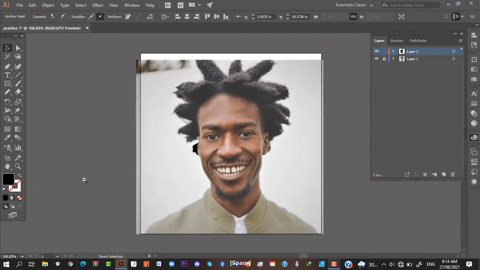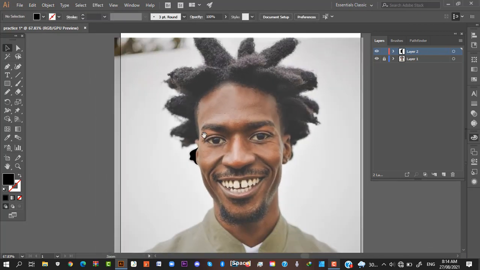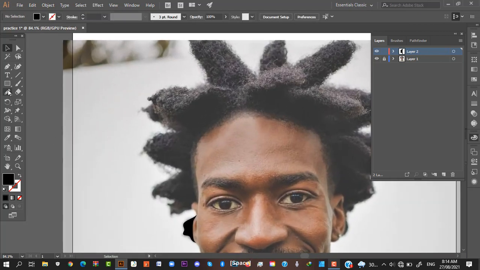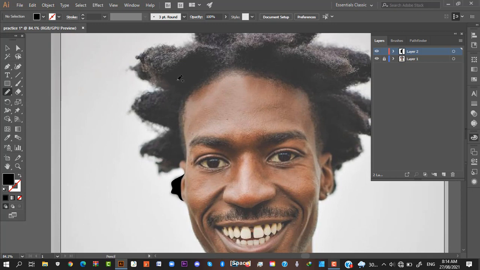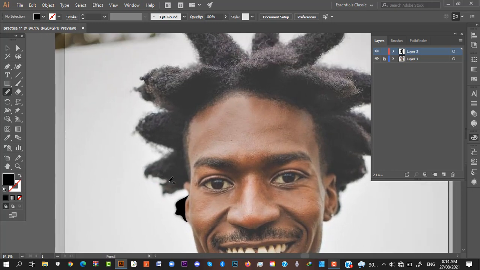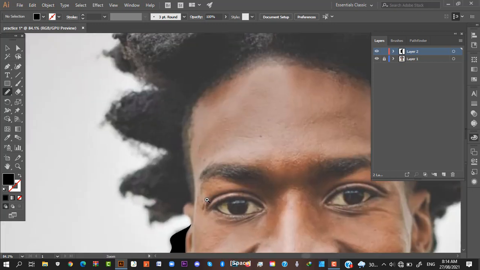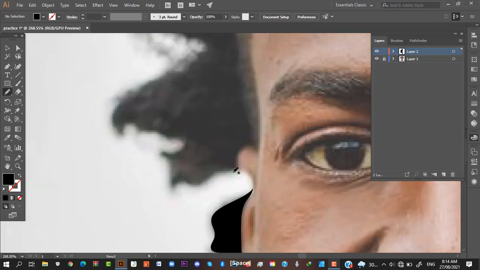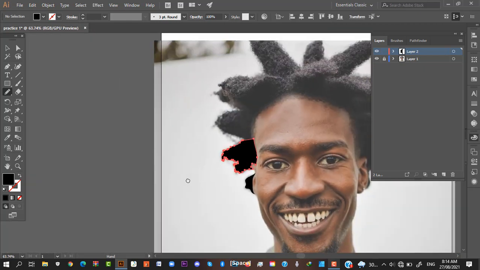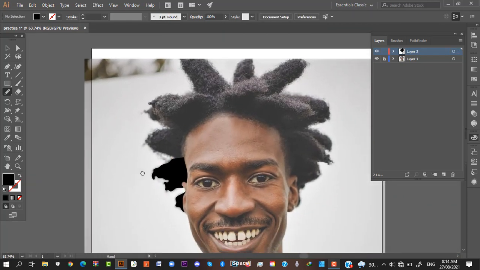Okay, so if you zoom out, you can see now with the pen tool you can continue that way, but I'll be using the pencil tool, so I'm a little bit faster. So just create a shape like this. As a beginner, you don't have to be too precise. Just draw it the way you see it. We're just trying to draw out the hair,